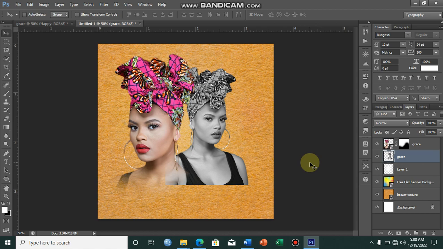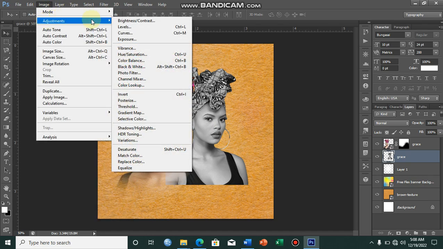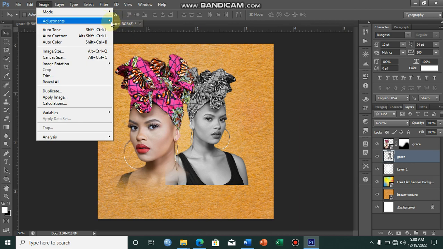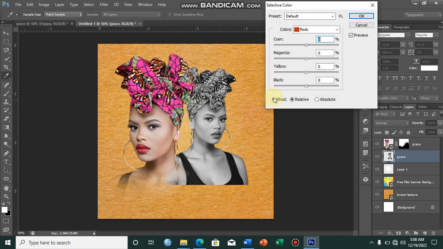Then after doing that, I'll go to my image again and click. I'll come to Image again and Adjustments. Then I'll click on Selective Color. I'll click on it. Then here where I'll come and change, it is showing me this color. I'll change it to black. I'll first press white here, then